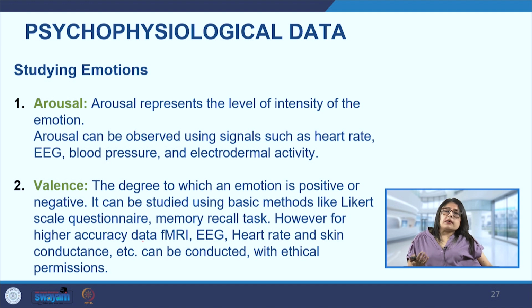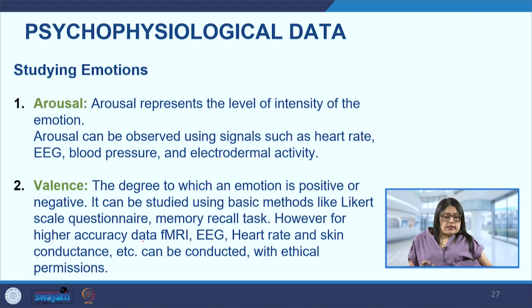If there is a puppy, for example, when we see a puppy or a cute baby's face, there is a feeling that is generated. We feel very warm when we see these cute little beings. This arouses our brain to feel warm, and we feel cuddly and very soft towards them. Heart rate, EEG, blood pressure, all these measures can tell us how the brain is getting this stimulus. We feel very warm, very relaxed, and a lot of positive feelings rush into us. So that tells us the arousal.